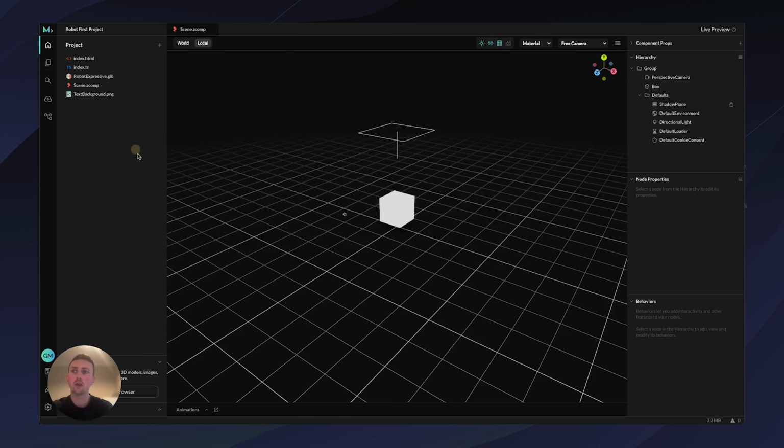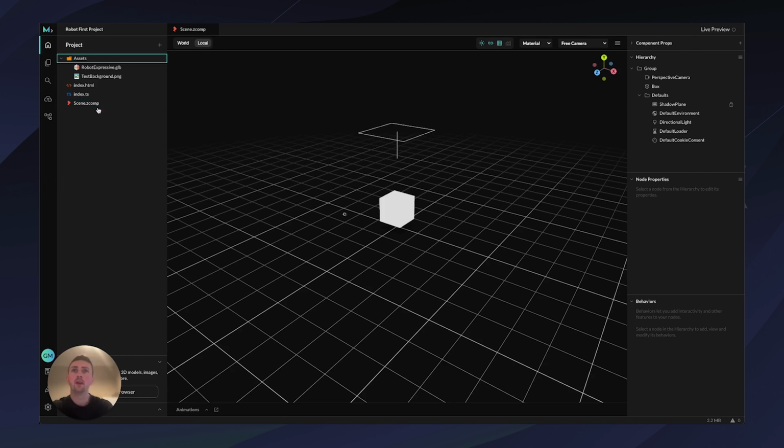You can also, and I like to do this especially when I know I'm building bigger projects, click on the plus icon here and add these to a folder. So I can call this something like assets, and then I can just drag these into my assets folder. And I can also create folders within this by clicking new folder, and I could have a 3D model asset folder and an image folder over here. It's up to you. You don't have to do that, but it's nice to clean up your project files.